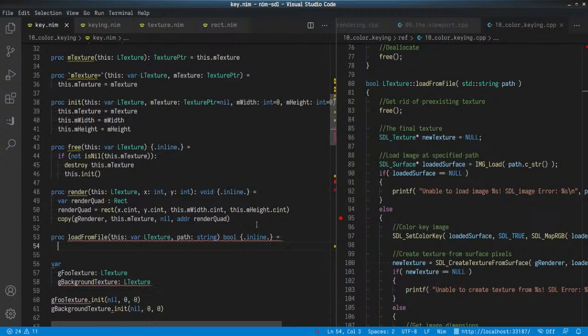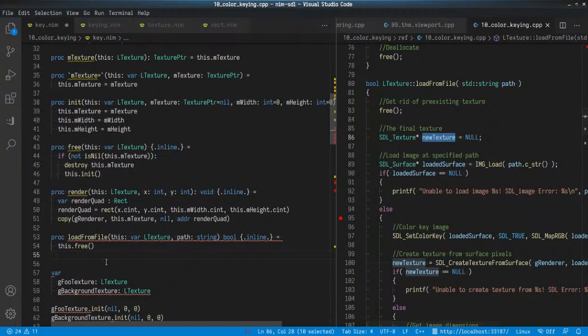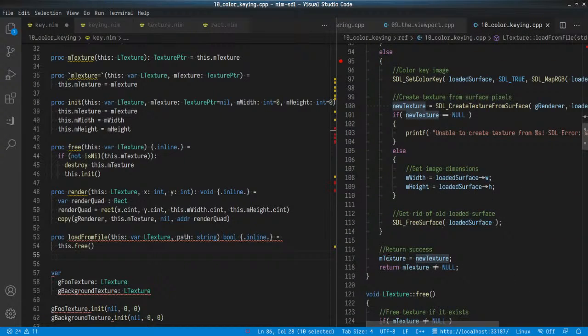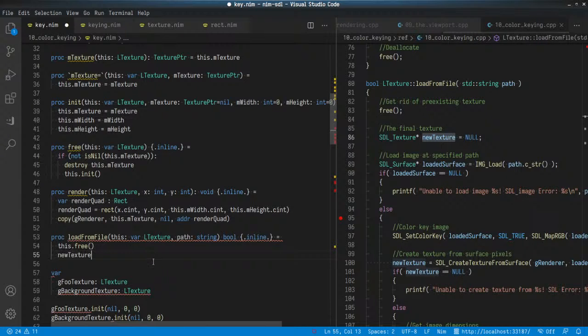So the first thing they do is they go this.free, and then new texture is the final texture. Hang on, then why is this bool anyway? Oh, okay, because it's assigned to that. So let's call that